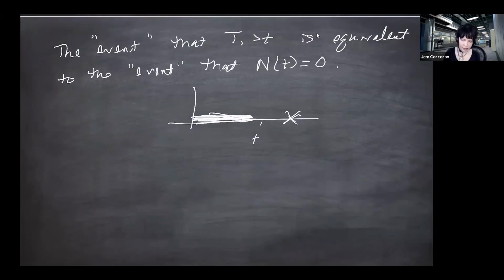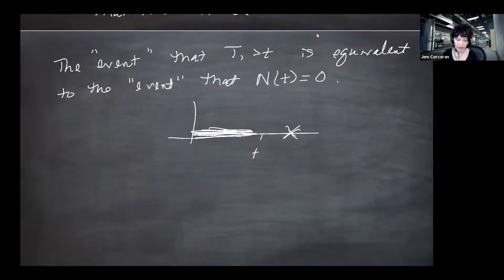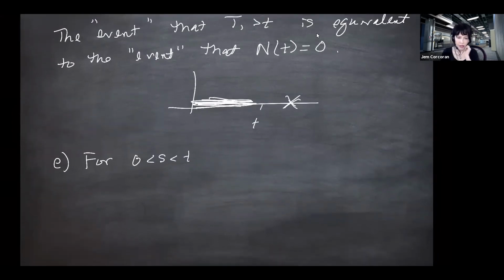So for my, where are we? D. Actually, I want to do 2 more. So for my ETH trick, I'm going to take 2 time points, s less than t, and both of these I'm going to make greater than 0. If I want the probability that N at time t is 3, given T1 is s,